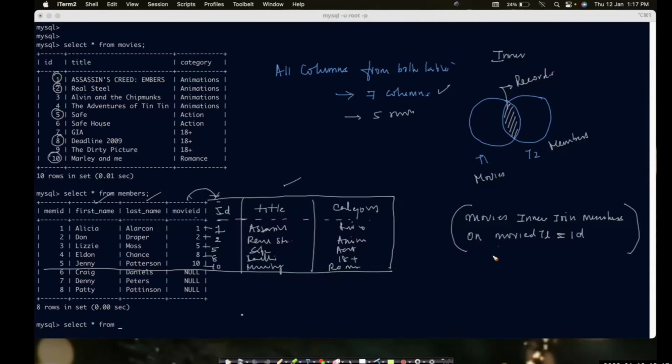Okay, so this is this table. So we will select star from this. And if you want, you can give any where clause, where category is equal to something, right? So from, what should I write? From movies